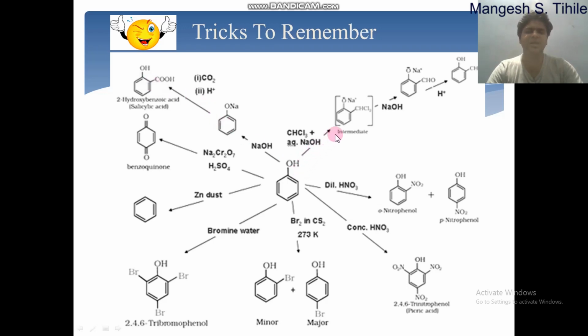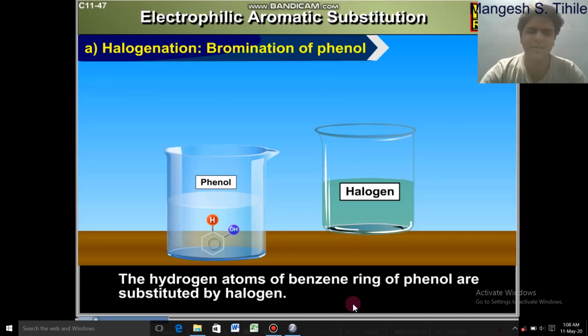The next reaction is the Reimer-Tiemann reaction. Similarly, what happens when we do the reaction of a phenol with chloroform and base, it results into the formation of a product which further reacts with NaOH followed by hydrolysis, and we get salicylaldehyde as a product. This product is also important in the field of pharmaceutical and medicinal chemistry. So let's see all the reactions one by one thoroughly.